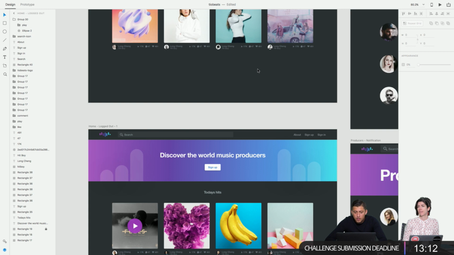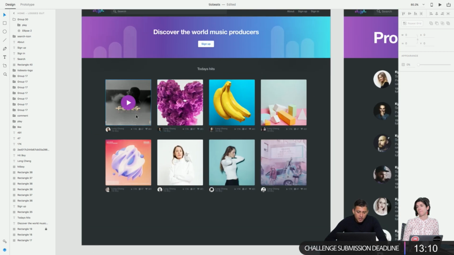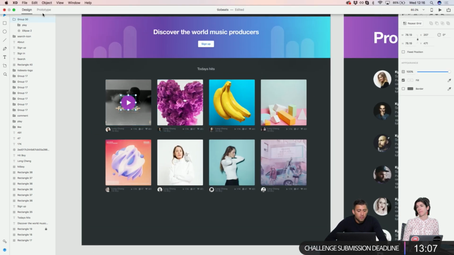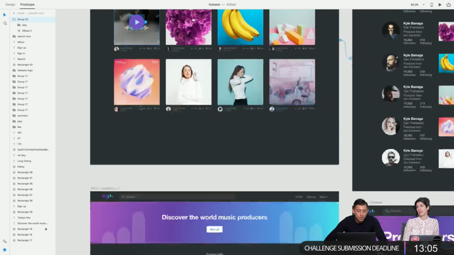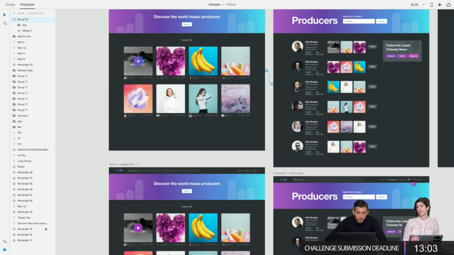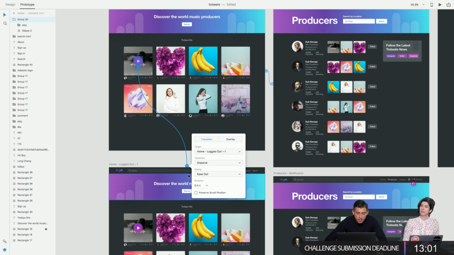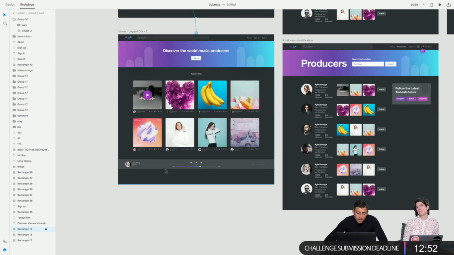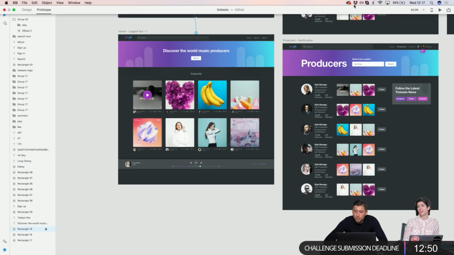Sweet. Nice. And then from here, on this specific one, I'll just go back into prototyping. I will just zoom out so I can see what I'm doing, and then I'll just put that to dissolve, homepage, ease in, ease out. That's awesome. Yeah, that's good. And then what I'll do is that's actually exactly what I want to do. So now if I play it,